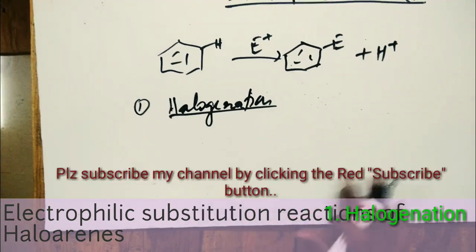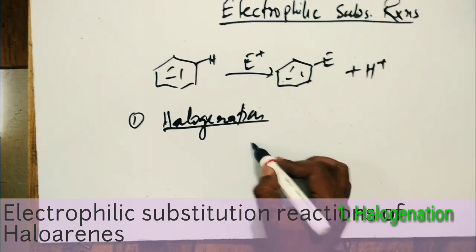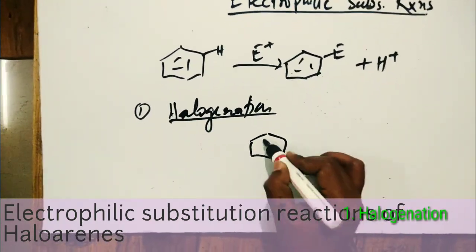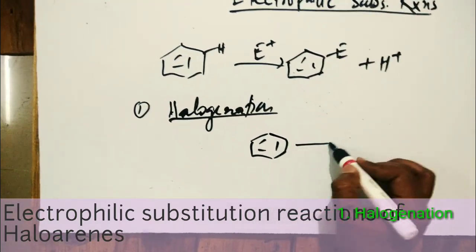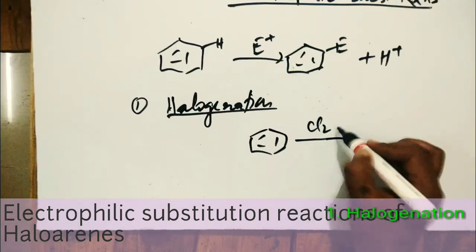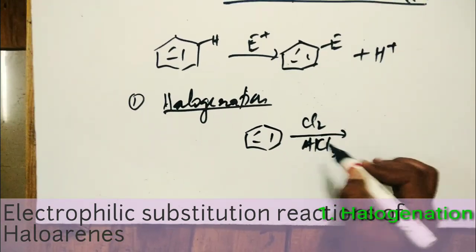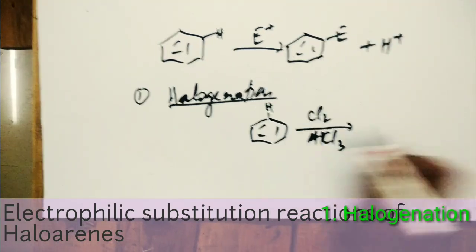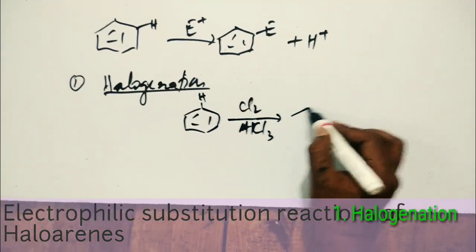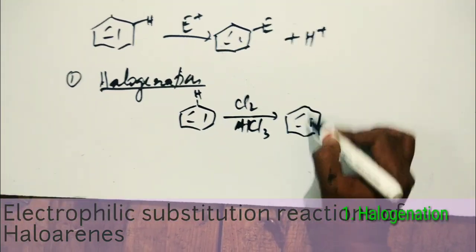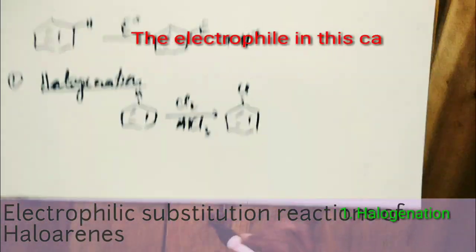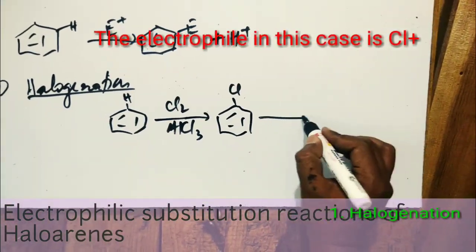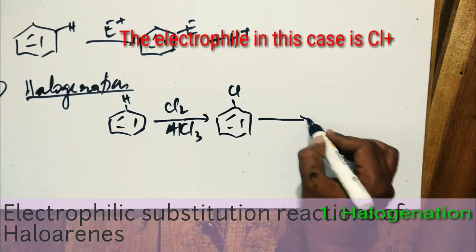First one, halogenation. In halogenation, benzene reacts with chlorine in presence of AlCl3. Now this hydrogen is replaced by chlorine. Now if I continue this reaction, chlorination I mean,